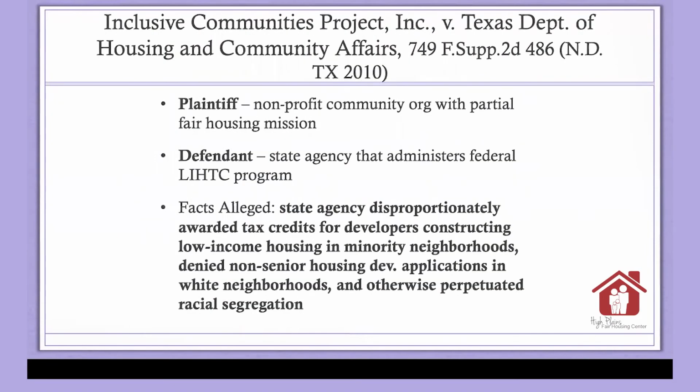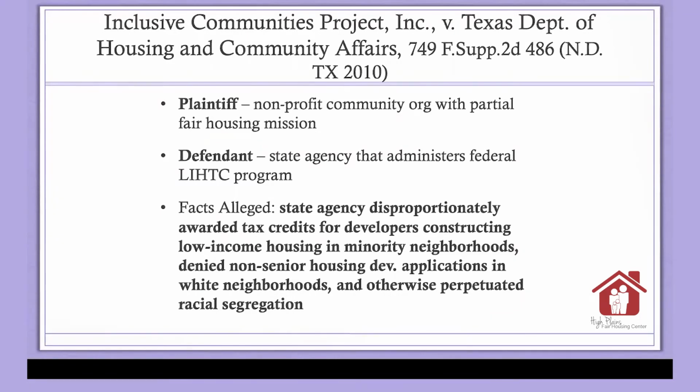And here is that case that went to the Supreme Court. I wanted to talk a little bit about how this case came about. Inclusive Communities Project versus Texas Department of Housing and Community Affairs. Well, who were the parties in this case that made it all the way up to the Supreme Court, which in that case reaffirmed what the circuit courts had been saying for a long time, but the Supreme Court had never said before, which is that disparate impact is a viable theory of proving a violation of the